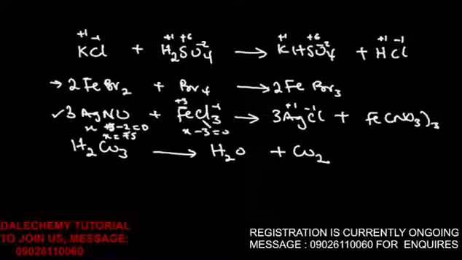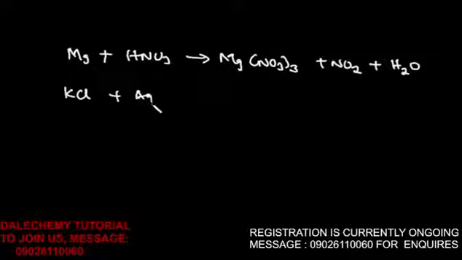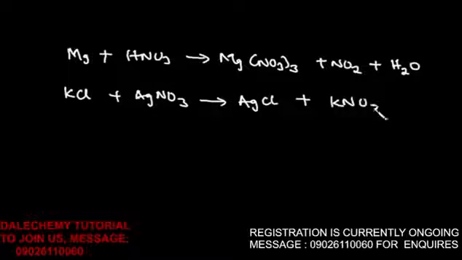So we have that, although in the options we only have one of them. So this is one of the questions that I wrote out. You can try this question and tell me the answer in the comment section as well. HNO3 to give MgNO3 plus NO2 plus H2O. Then we have KCl plus AgNO3 to give AgCl plus KNO3,